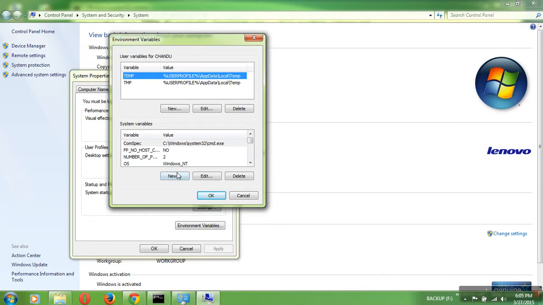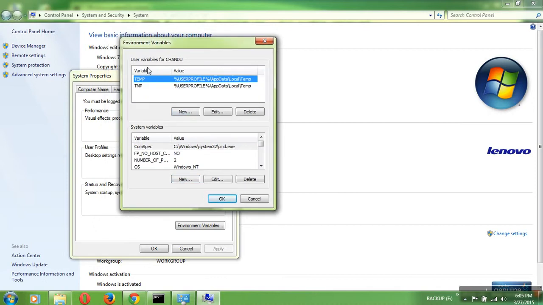If you configure it in the system variables, it will be accessible by all the users existing on our server. If you configure it in the user variables, it will be specific to this particular user only. Here the user is Chandu, so Java can be accessed by Chandu only.